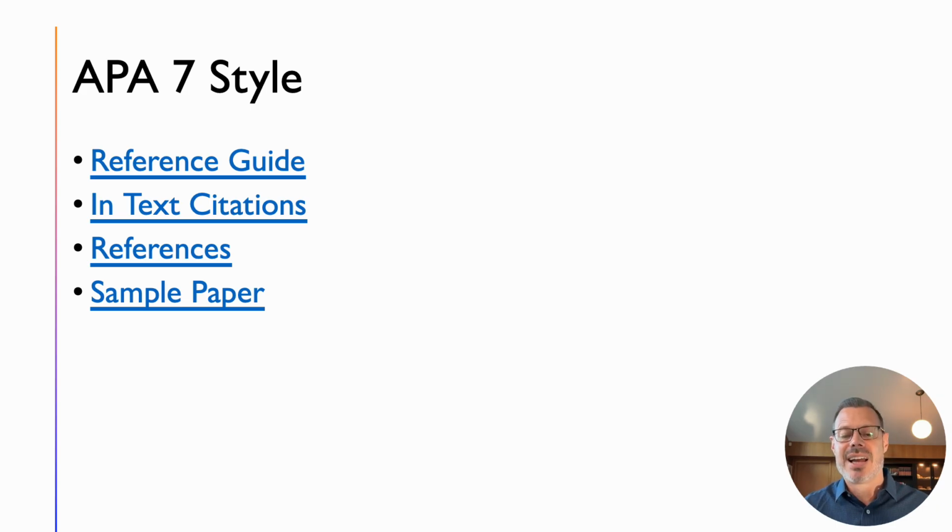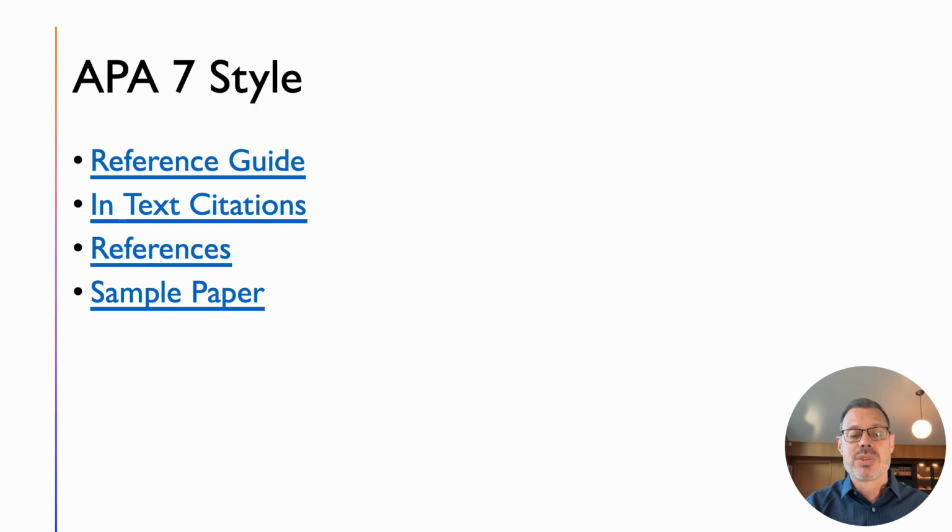APA 7 style. APA is the foundation, the style in which we in the nutrition profession and medical professions write our articles, our papers. So it's very important. It is very codified in the way that we do that in terms of what that looks like. So when you want to verify or understand APA, you can Google the Purdue OWL,